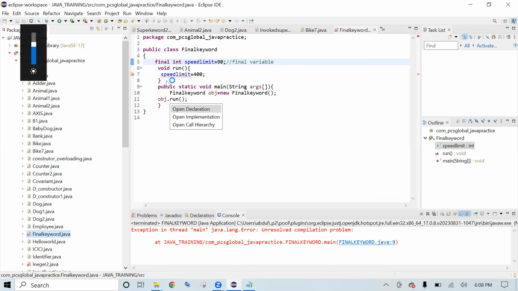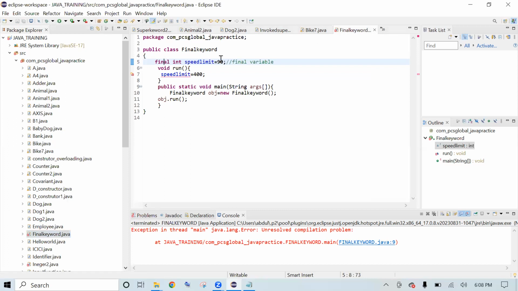That is actually the main thing. See, here final equals 90. If you give final in speed limit 90 and change it to 400, then why is this error coming? Because of the final. Already we have declared final is 90. Already declared, that's why. Actually, this program does not have any print. Suppose if you give public, in that case the error is not coming. But if you give the final,